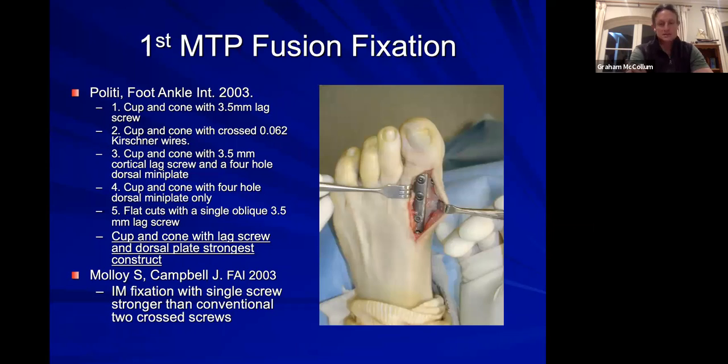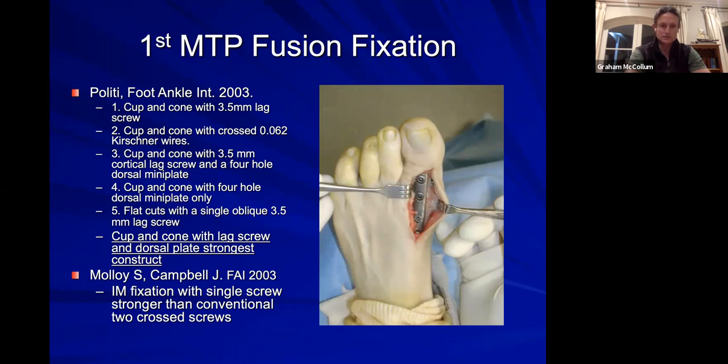The MTP fusions can be done many ways, with the cup and cone reamers being sort of gold standard now. We know from multiple biomechanical studies that cup and cone reamer to prepare the joints using a single lag screw and a dorsal base plate is the strongest construct. The lag screw obviously to get primary compression, and then the plate to neutralize the fixation. But lots of other things have been done. Many people in the past just used K-wires,